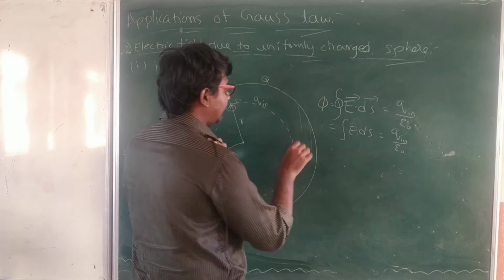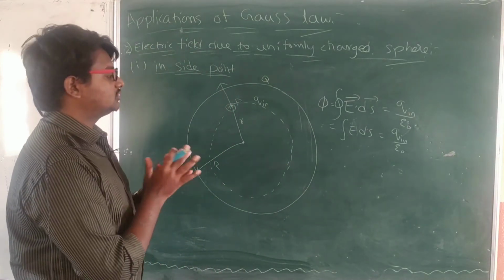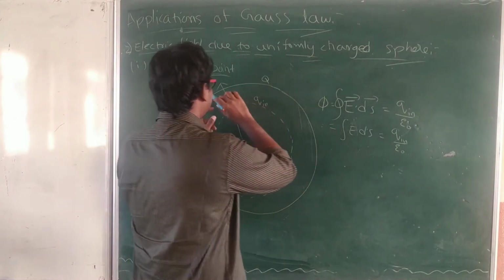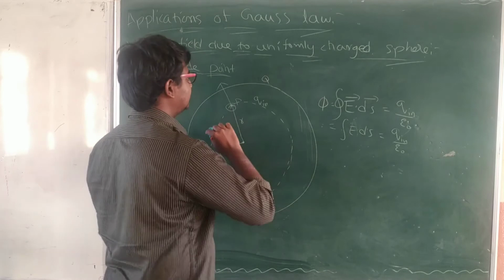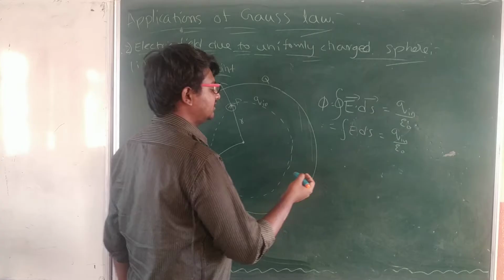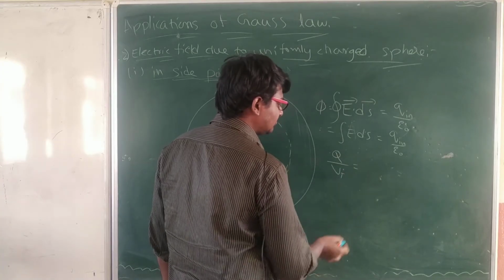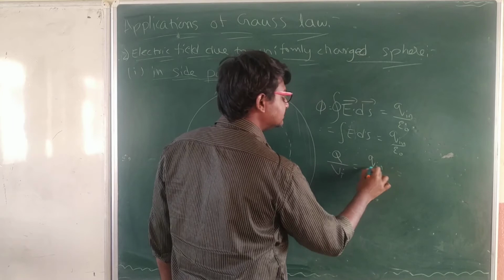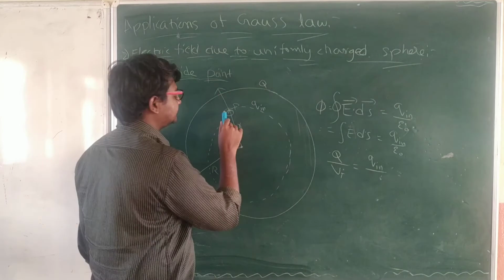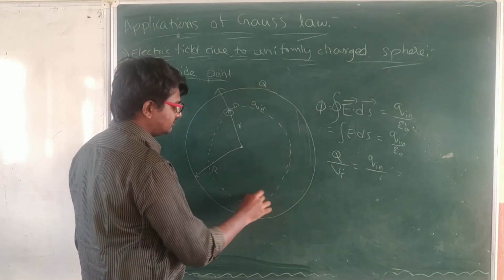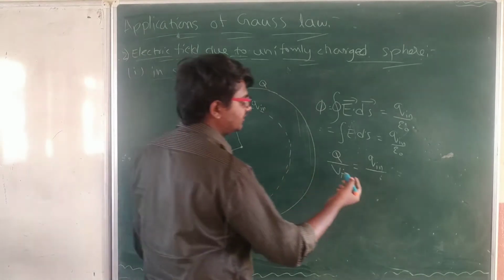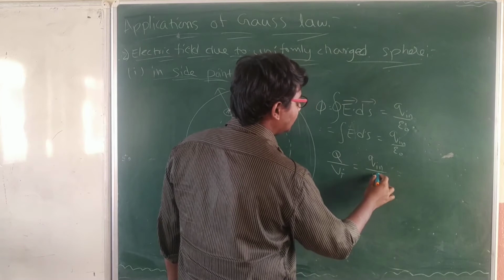But their distribution is the same, meaning the charge density is the same in both cases. For example, let's consider the charge distribution of capital Q along the total volume of the sphere. Total means Q inside, the charge on the Gaussian surface. We are considering a particular radius r ball inside, and that is what we need to find: Q in by V.